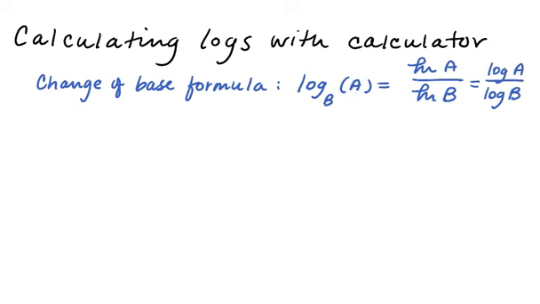I don't have TI Smart View for the scientific calculator, so I can't show you on screen, but I'll just bring up the graphing calculator and pretend this is the scientific calculator. The fraction bar is actually much easier to pull up on the scientific calculator. I'm doing natural log of 10 divided by natural log of 2. And that's